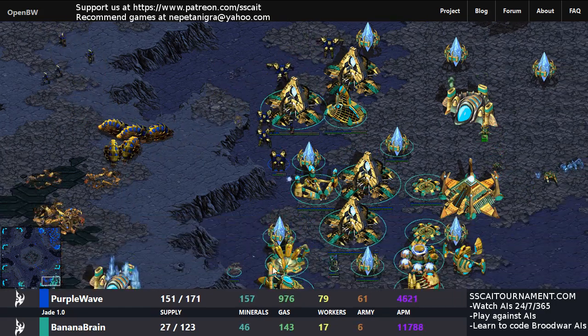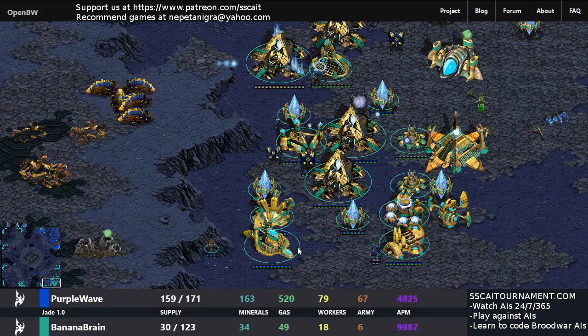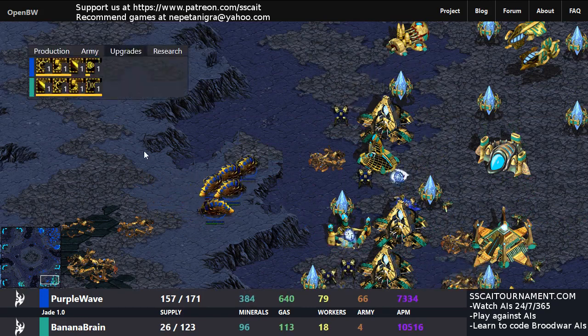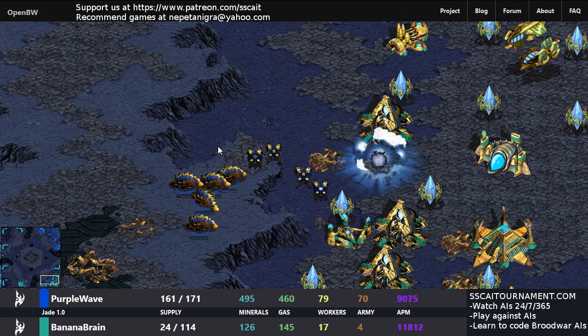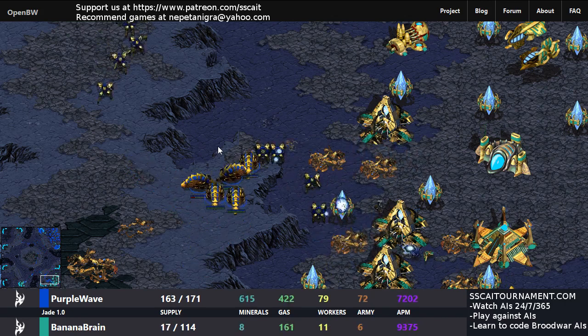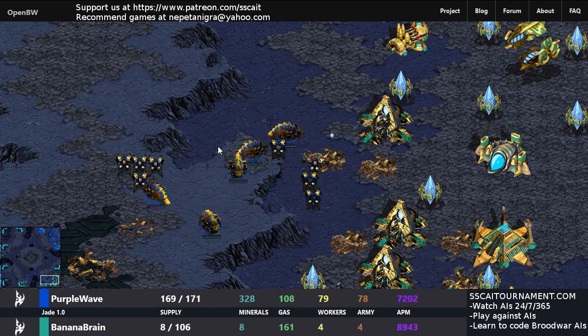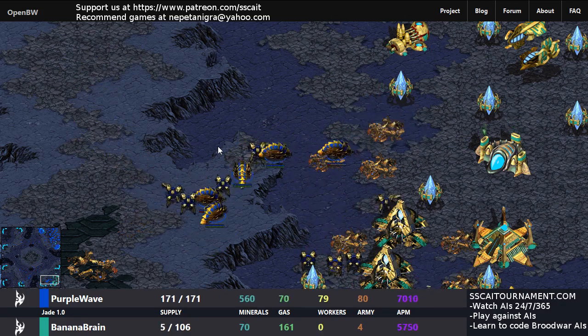Is there going to be another storm? I don't know. Doesn't look like it. Oh, and look at all the damage. Is the damage upgrade built? That's what I wonder. No, it isn't. Might as well if you've got that many Reavers. But every time these Reavers let slip a couple of Scarabs, the damage is precipitous and is killing so many Protoss